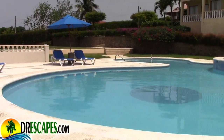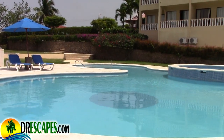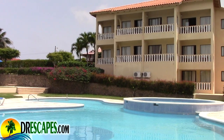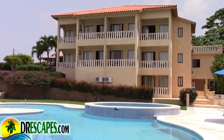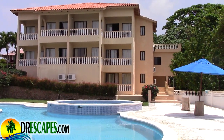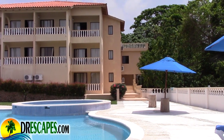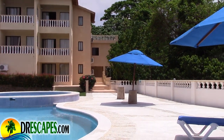Okay, you're going to come into play now, where you're going to see the balconies. I'm going to start lifting it up a little bit so you can see the second story. Every one of these balconies overlooks the pool and has an ocean view. As I continue on, the far area to the right of the screen is a commercial kitchen, deep freeze, stainless appliances, and that stairway, if you exit and exit to your left, underneath this whole building wraps around about 15